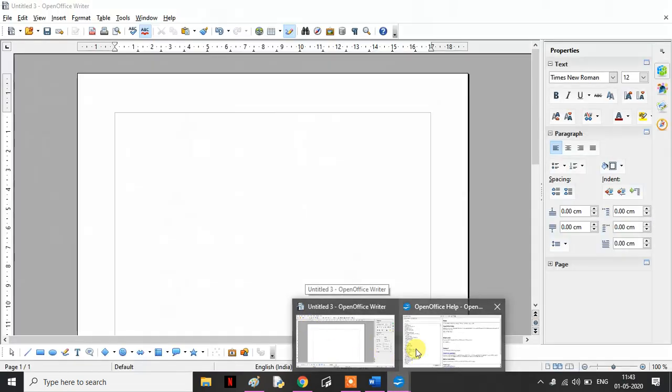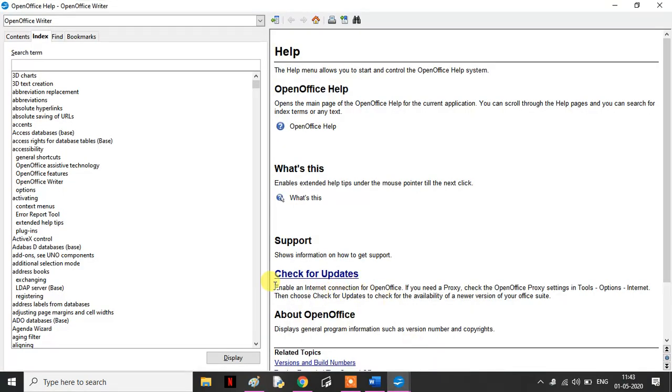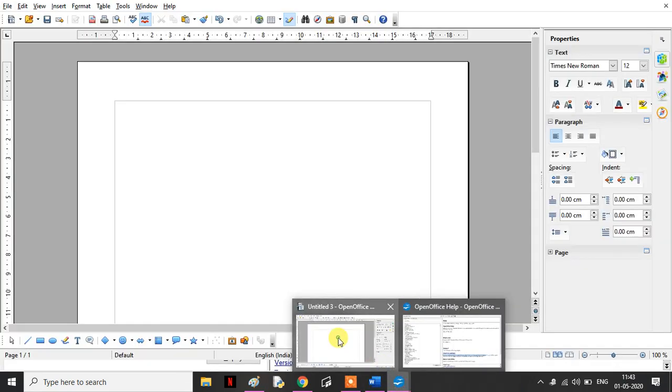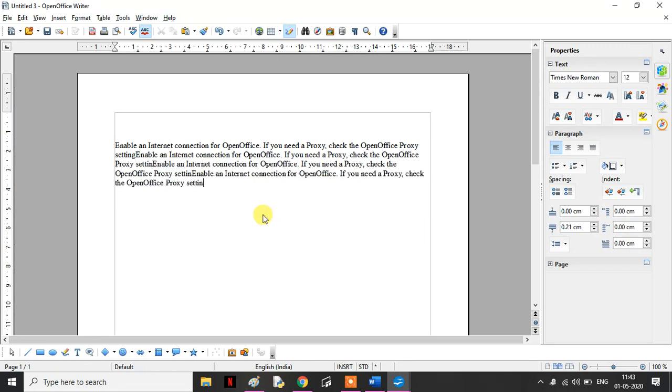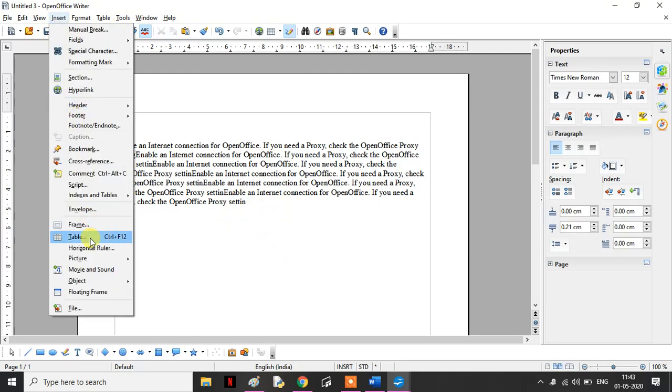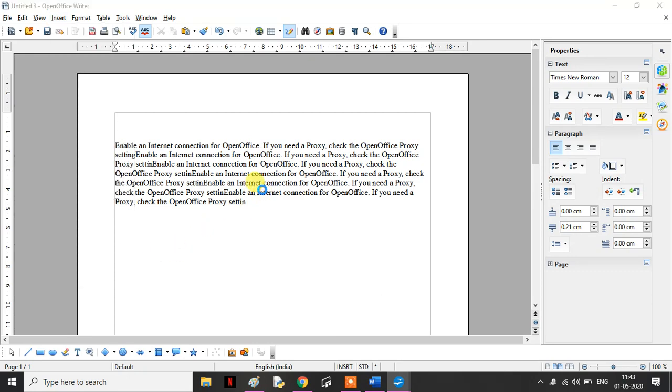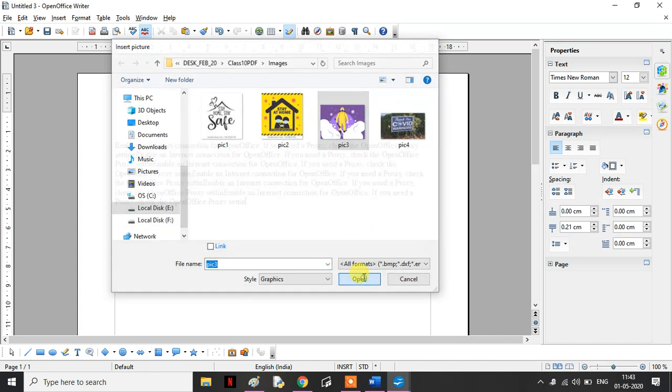Yes, I'll just copy some text. Suppose I'm copying it many times, I want a little more text, so I've just copied some text. Now I insert a picture. I insert, suppose, this picture.